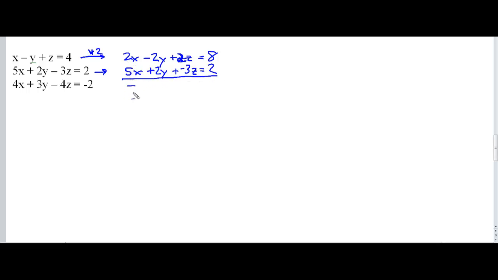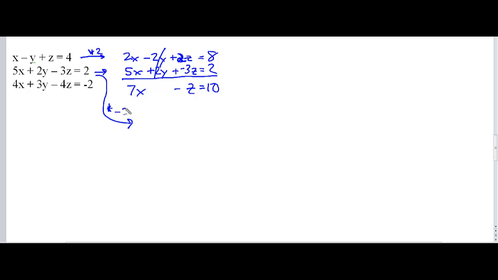5 and 2 makes 7x, these simplify to 0, this makes a -z, and this makes a 10. Now, what I'm about to do is pick the middle and the bottom equations and eliminate the y's. To do so, I'm going to take my middle line and multiply it by